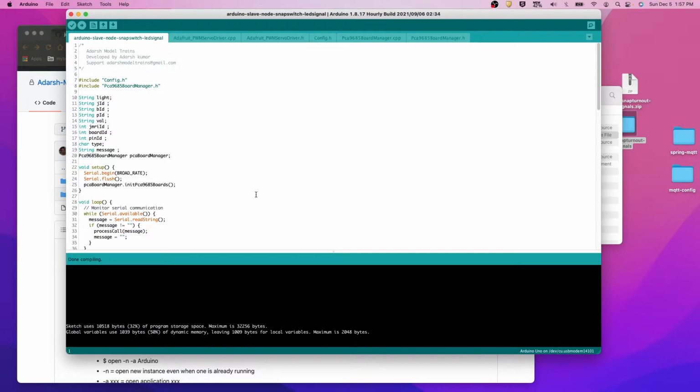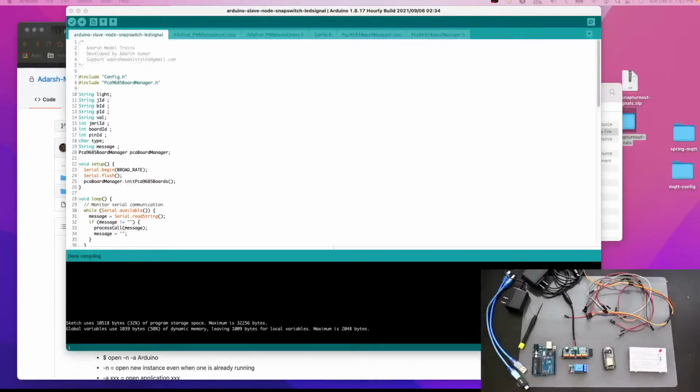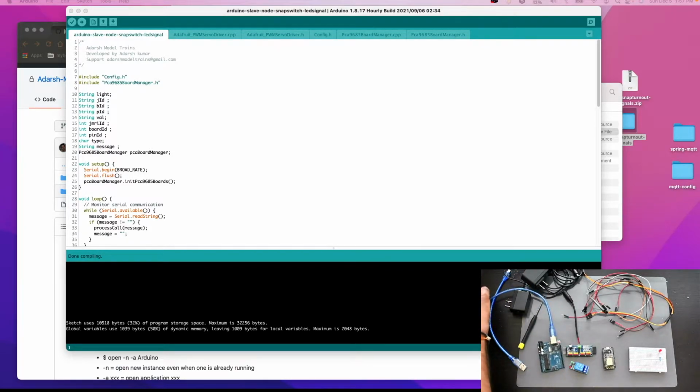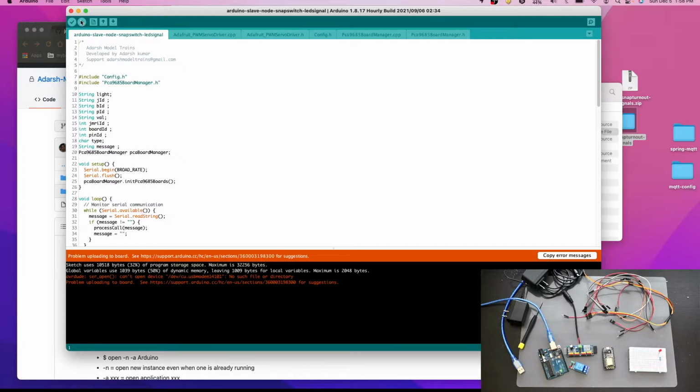First let's compile the code and connect the Arduino. The code got compiled, and let's upload the code.